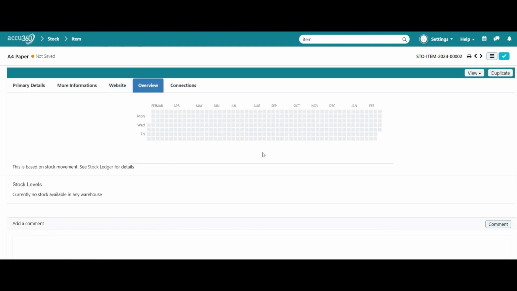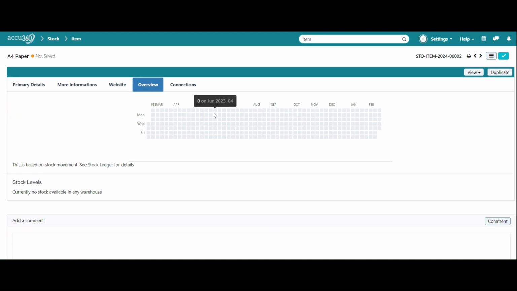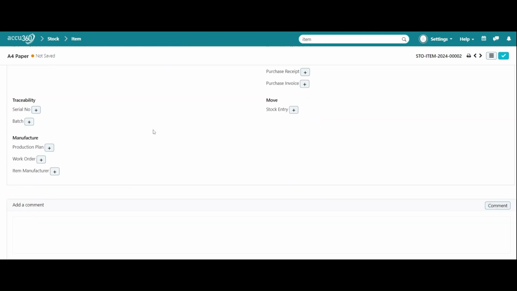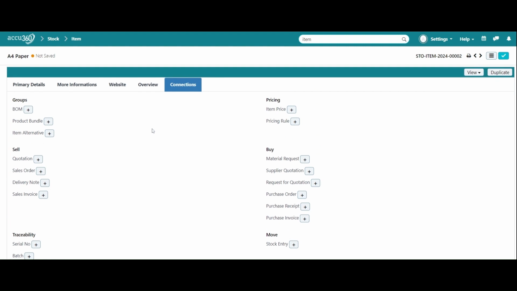Then we have an overview of this stock item. Okay, as we have not entered any purchase or sales or any stock transfer, there is nothing to show here right now. Then we can go to the connection also, and we can see how many documents are connected to the particular item here. Okay,